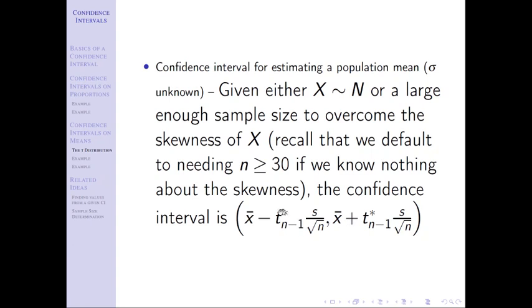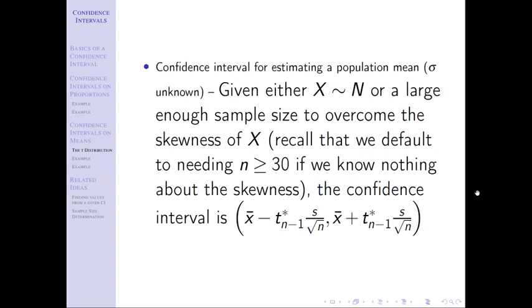A critical value, we can't use a z. We have to use a t. Why is that? Because we like to take the standard deviation of a mean problem, which was sigma over square root of n. But remember, we're oftentimes not going to know sigma. So if we don't, like we talked about, if we don't know sigma, what do we do? We estimate it with s. When we use s, we have to use t. We use degrees of freedom equal to n minus 1. And then this part, again, should look relatively familiar. We just swapped out sigma and swapped in s.